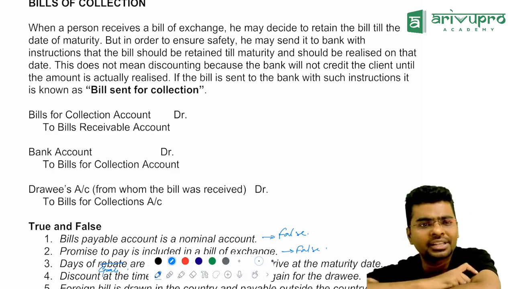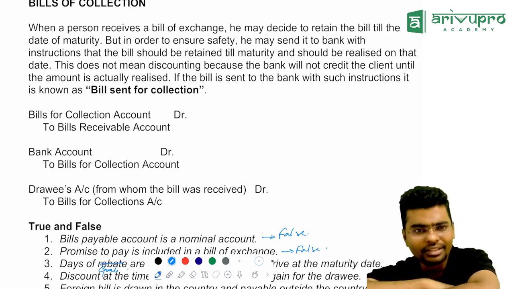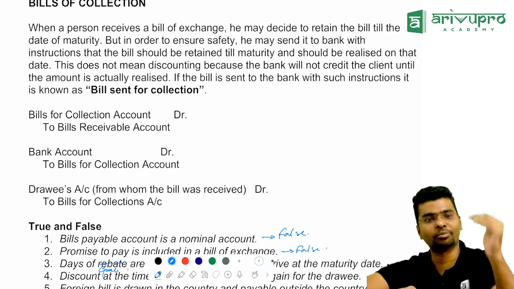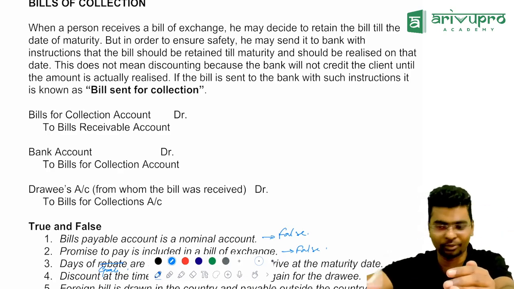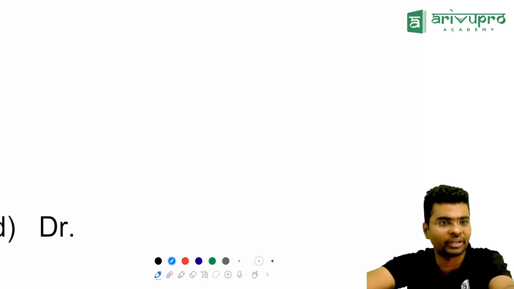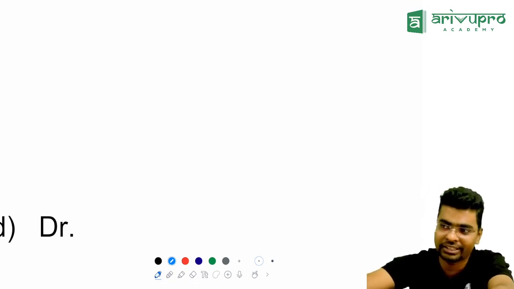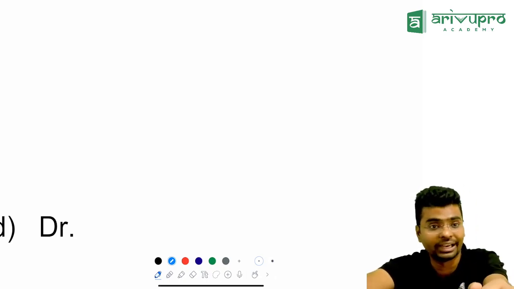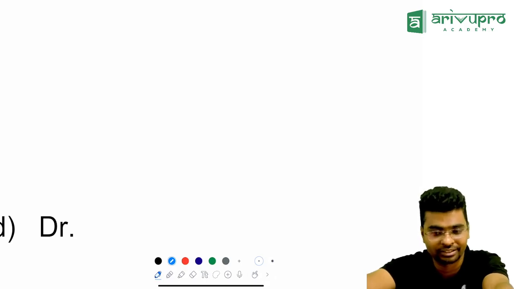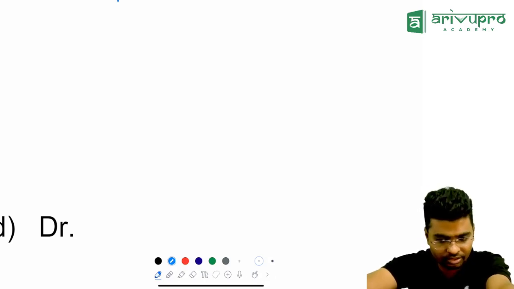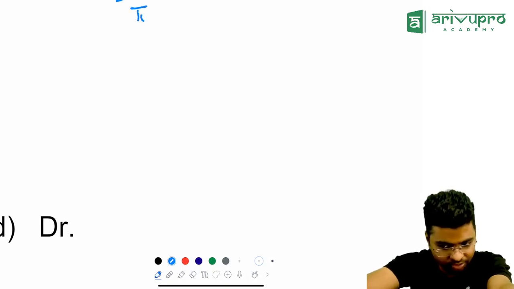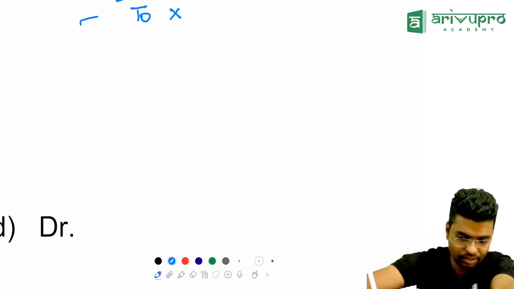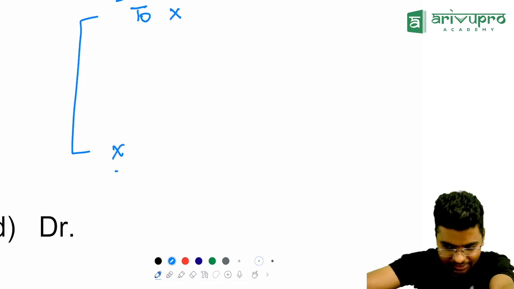On the due date, what is happening? So now what you are literally doing is you are creating one more layer. So look into it. When we held till maturity, what was the journal entry? Start from the beginning. When we held till maturity, what was the first entry? Bills receivable to X. Then on the date of maturity it becomes